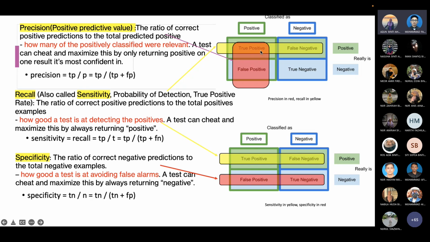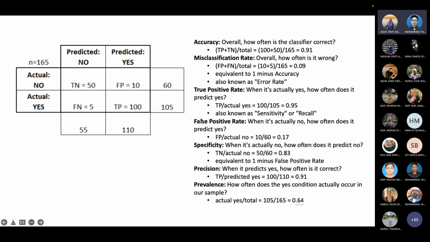Kita nak tengok how apa kata the total positive divide by actual. Okay, so kalau kita patah balik kat sini, sensitivity kan, kita punya recall rate, so kita akan 100 divide by total actual. Okay,